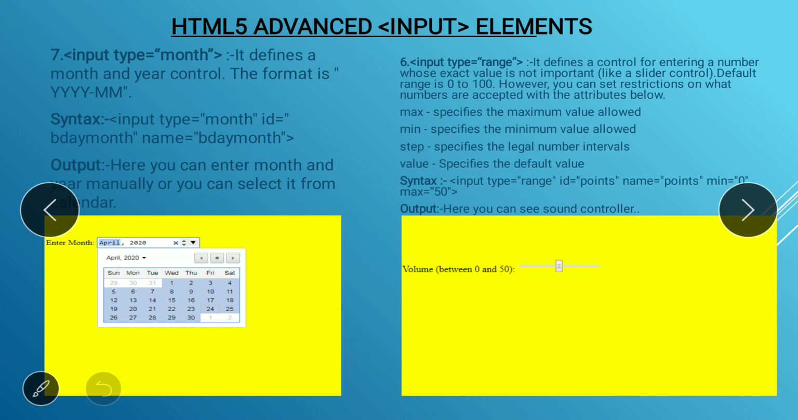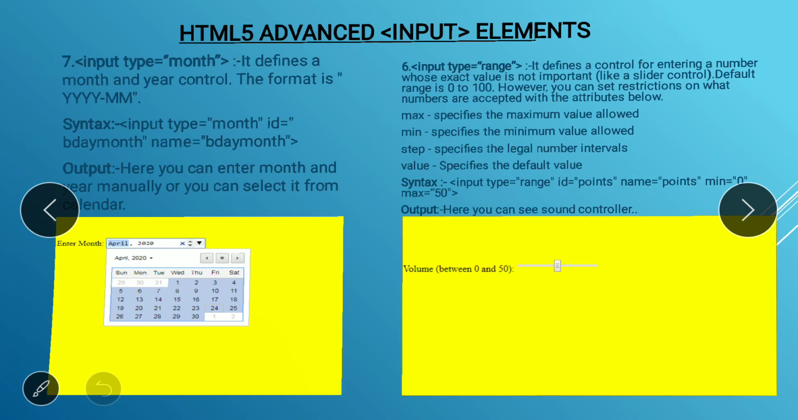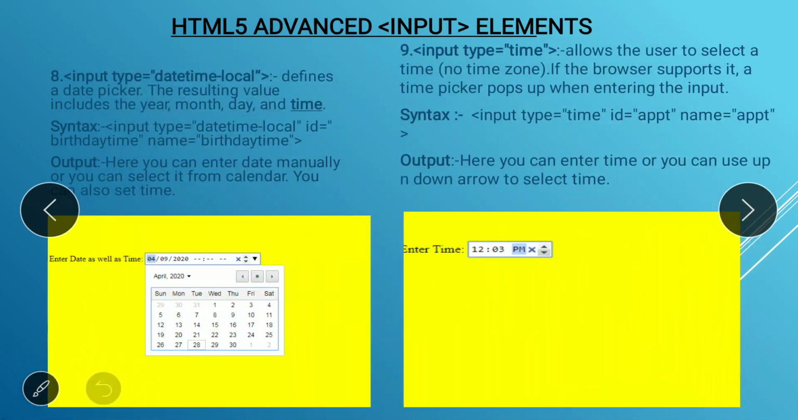The next value is range, where you can set the range, right? For that we also set max, min, step, value, like the number value. Okay,